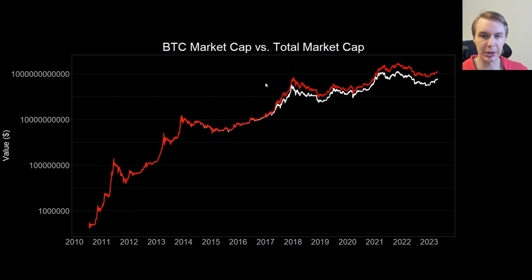So let's compare Bitcoin's market cap with the total crypto market cap. So that's the red. The total crypto market cap is in red here. And then the white is still just Bitcoin's total market cap. And what you'll notice is that obviously they diverge. And basically in the early days, Bitcoin was by and large the entire crypto market. If you look at Bitcoin dominance for the early part, Bitcoin was basically 100%. There really weren't any other shows in town,